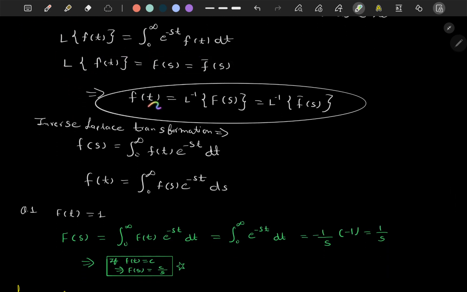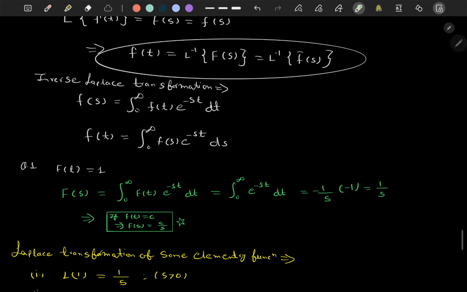And if we want to get that function back, then inverse Laplace transformation of that function will get the function back. Inverse Laplace transformation. We know that F of s is integral 0 to infinity f of t e raised to minus st dt. So in inverse function, what will be there? Simply change the variable, t either s either.